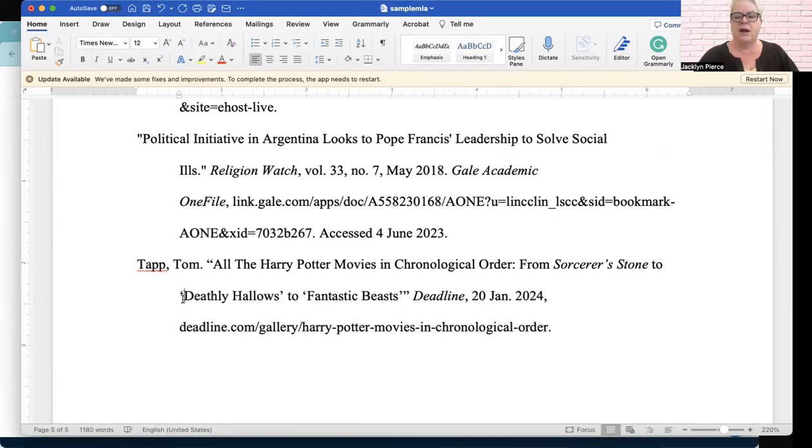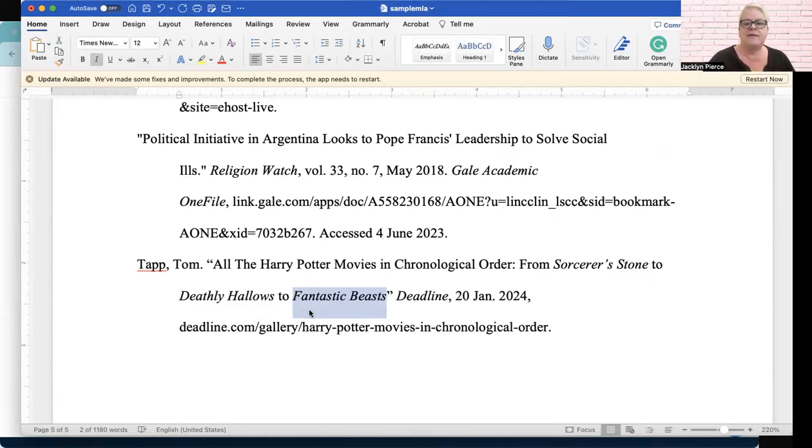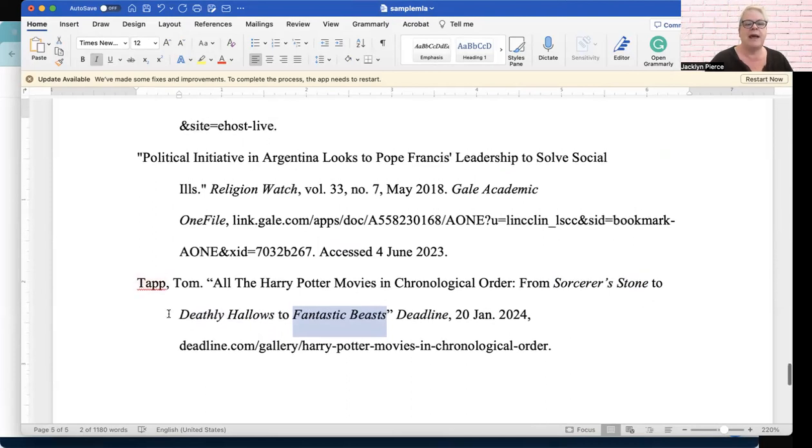But I'm going to take off these single quotation marks. Notice that they are single quotation marks because they are in a larger title. That is something that you would need to pay attention to. So if you were citing a title within a title, it's still marked as the correct form of title. Voila. There we go. So when we cite this in the paper, again, it's just going to have Tapp's name in parentheses with nothing else, unless you also want to include the paragraph.